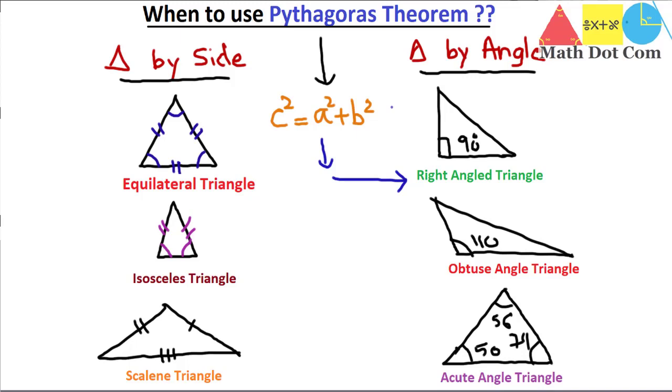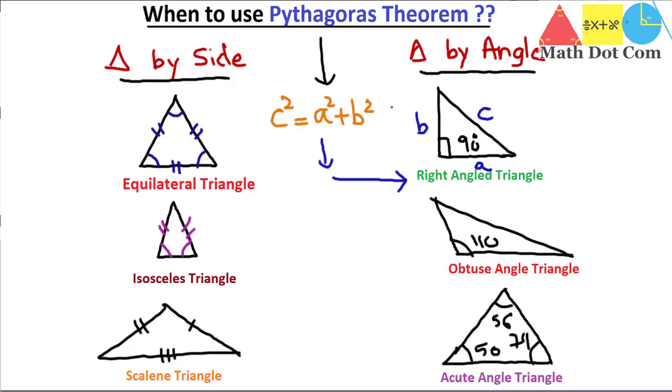Like if you have a side like this is C, this is B, and this is A, and C is always the longest side, that is the hypotenuse in the Pythagoras theorem. So if you have A and B, you can easily find the C. So keep this in mind. The condition for finding the sides of the triangle by using the Pythagoras theorem is that the triangle should be a right angle triangle, so that it must have a perpendicular in it. If the triangle is not having a perpendicular, we cannot use the Pythagoras theorem in such a case.